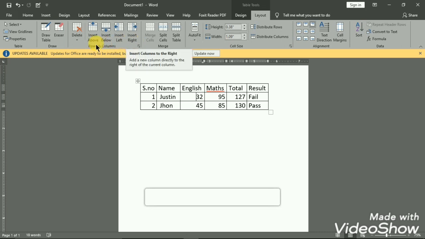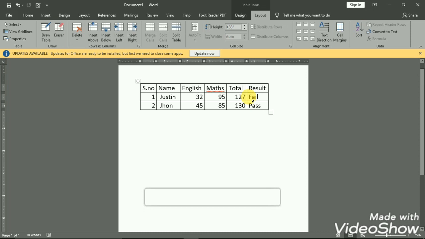How to insert them? For example, here I have some data. I want to insert a row between the first student's data and the second student's data. So here I want to add one more row between the first and second student data. What do I have to do? We have two methods to insert.